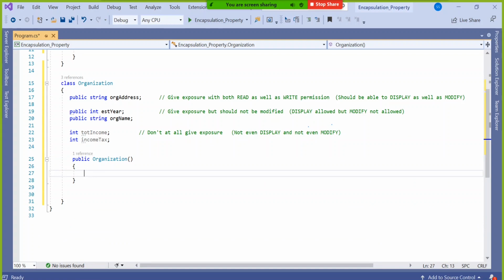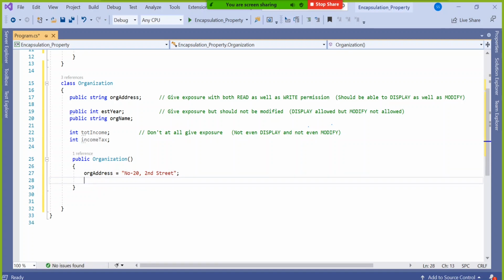We already understood. So I'm using just a default constructor, and I'm saying organization address is something, say number 20, second street, etc.